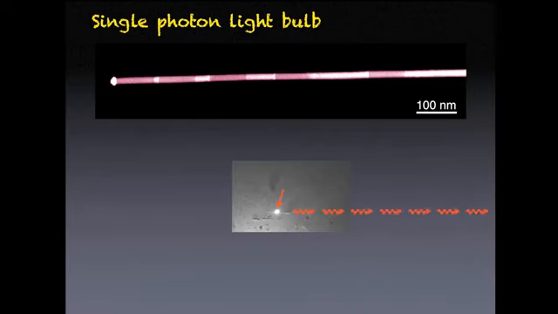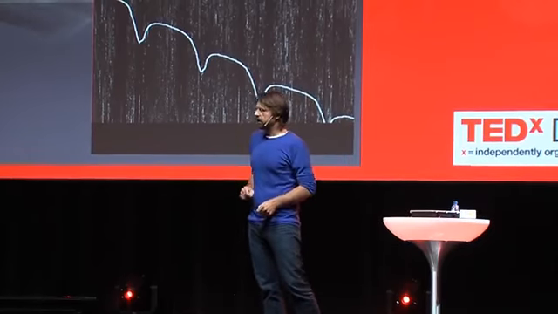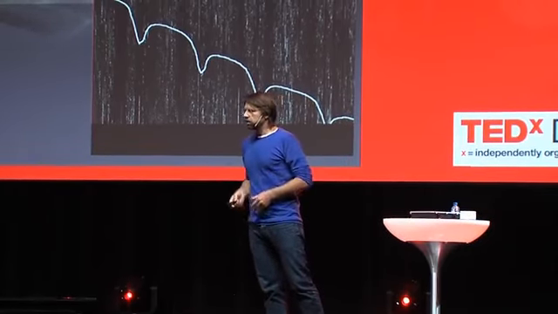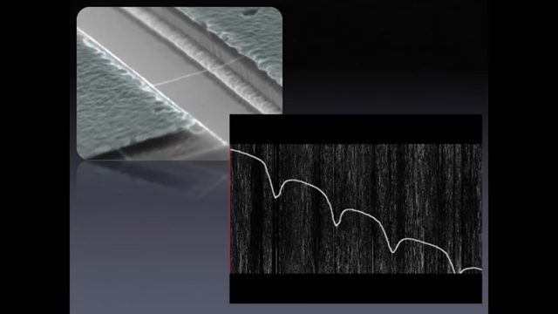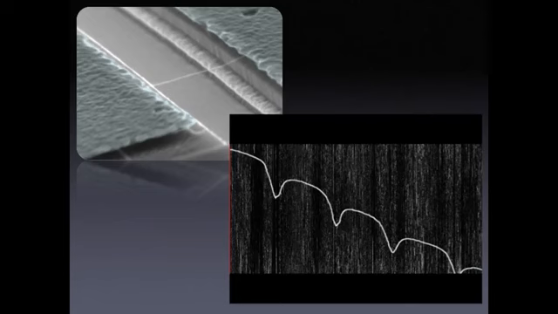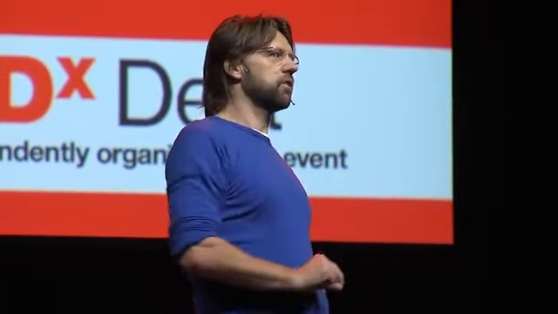So if we add 1 electron, 1 quantization of electrical charge to this nanotube, there's a little bit of extra tension in the nanotube that changes the tone a little bit. Let me let you hear the sound of electrons. The composition could be a bit more interesting, but the change in tone, if you go from one level to the next level, that change is induced by 1 particular individual electron.